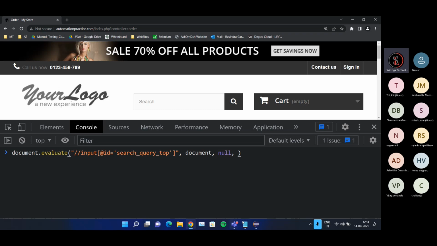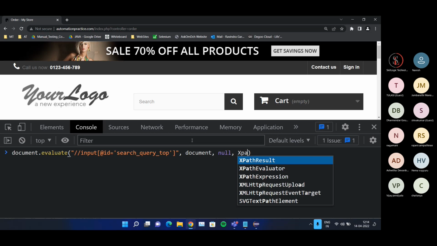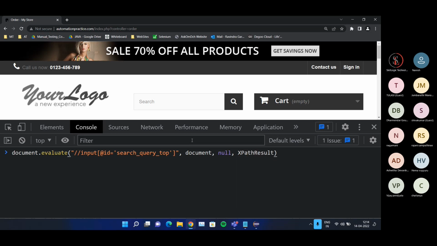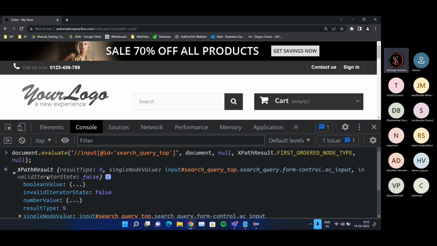The fourth parameter is the result type, and you have to provide XPathResult.FIRST_ORDERED_NODE_TYPE, and then comma, and the last parameter we can keep as null. So once we do this and click on enter,